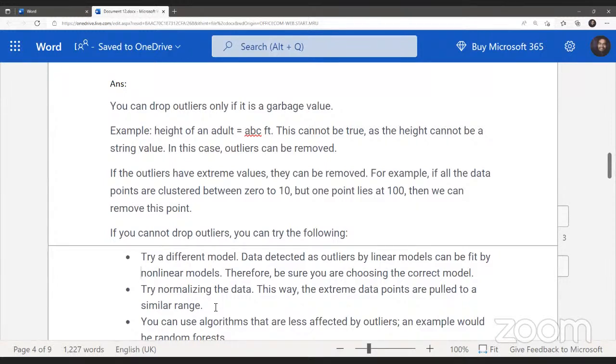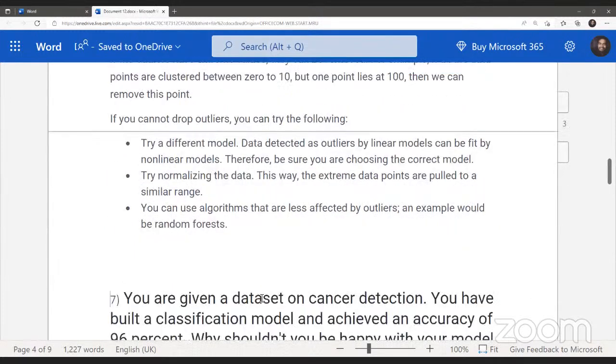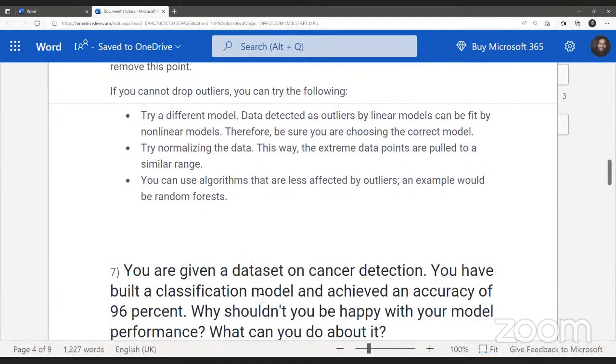If the outliers have some extreme values, then what you have to do is remove them. For example, if the cluster lies between 0 to 10, and a point lies at 100. If you cannot drop those outliers, you can try the following: you can try a different model, like